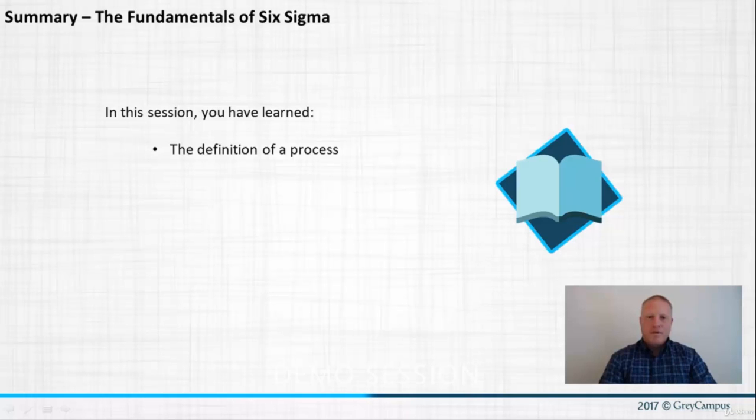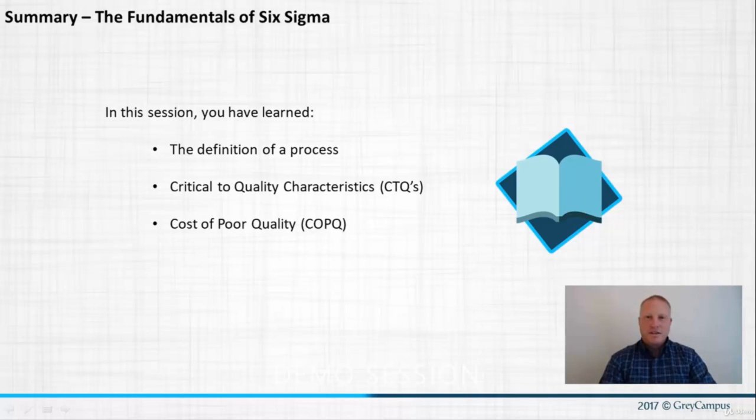So what we've covered in this session was the definition of a process, CTQs, COPQ, the Pareto analysis, and some basic Six Sigma metrics like DPO, DPMO, DPU, rolled throughput yield, final yield,